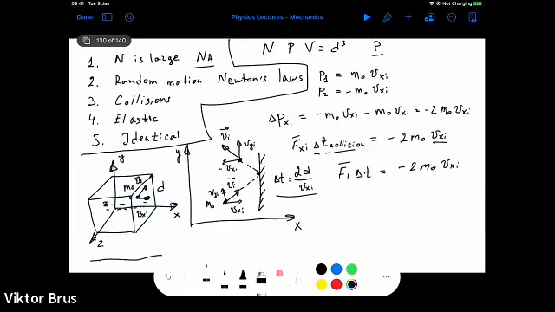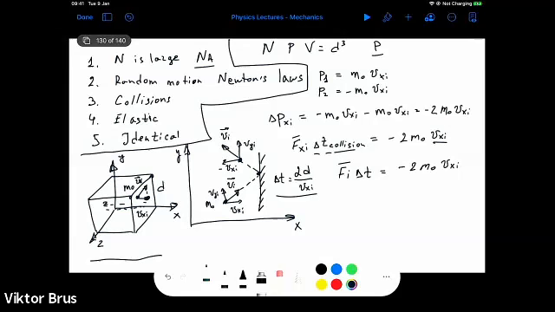And what is important, we need to mention that since we know that during this time interval, this particular molecule will hit this particular side of the chamber of the container only once,